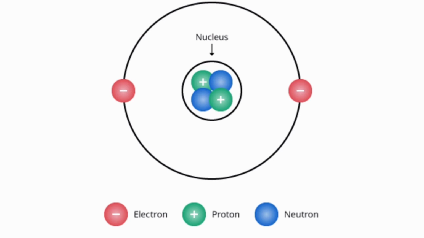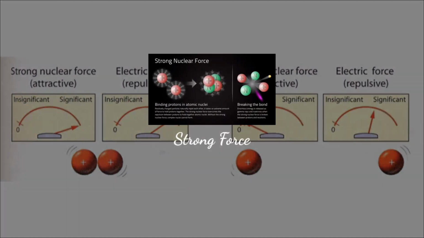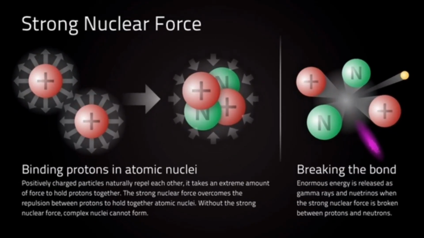But what's not so obvious is that these 2 positive charges are sitting right next to each other. If the electromagnetic force was the only force in effect, the protons would just repel each other. And so the only reason why they're able to stick to each other is that there's an even stronger force than the electromagnetic force operating at these very small distances. So if you get 2 of these protons close enough to each other, then the strong interaction takes its role. You now have the strong interaction actually keeping these charges together. And once again, just to keep in mind, relative to gravity, it is 10 to the 38th times the strength of gravity, or it's about 100 times stronger than the electromagnetic force.